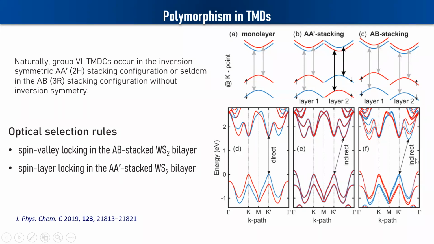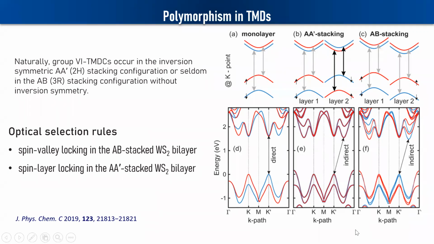the main difference is that when you're talking about excitations in the case of AB stack WS2, you can see that there is a spin and valley locking, because it is just like how a monolayer of WSe2 or WS2 functions. So the optical selection rules which hold for the monolayer will hold true for the AB stack or the 3R stacked WS2. But in the case of A prime stacking, inversion symmetry is restored in the